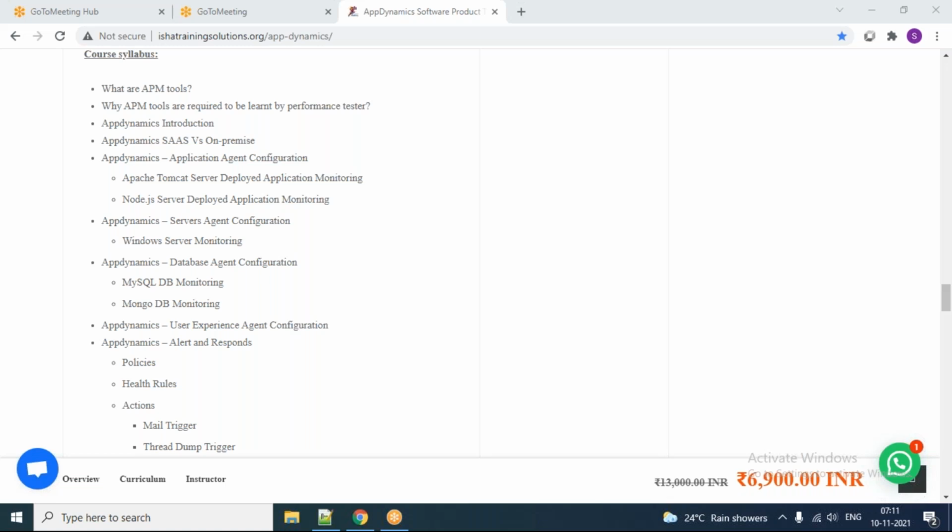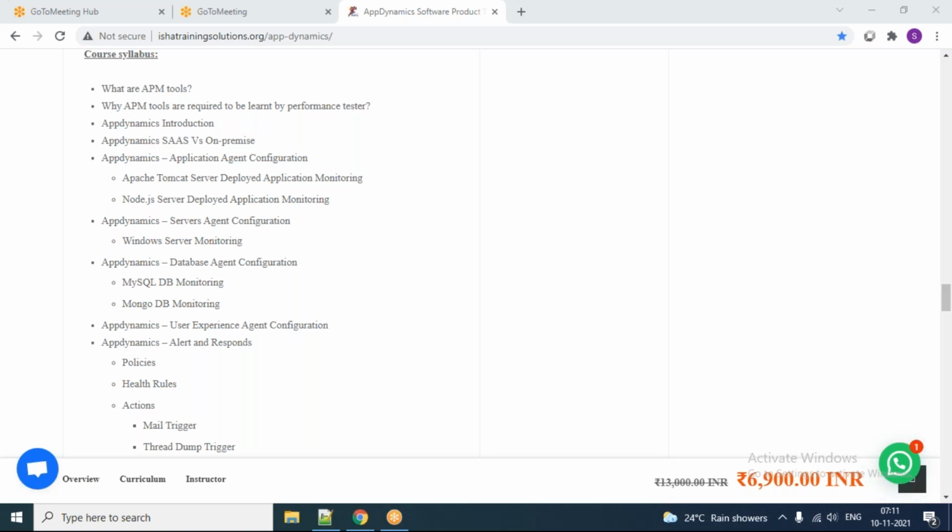Yeah, guys, how we are going to cover it is that we are going to have a sample application. There are two sample applications I will provide. One is a Java based application, and another one is a Node.js based application.